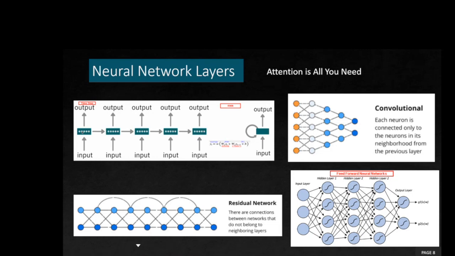And so the latest one, given in 2017 by researchers at Google, is something called Attention Is All You Need. If you Google it, you will find this is the research paper published by Google in 2017, which is used by most of the LLMs and other machine learning models right now. This is called Attention Is All You Need. You can Google it. This one basically brought the revolution in NLP, natural